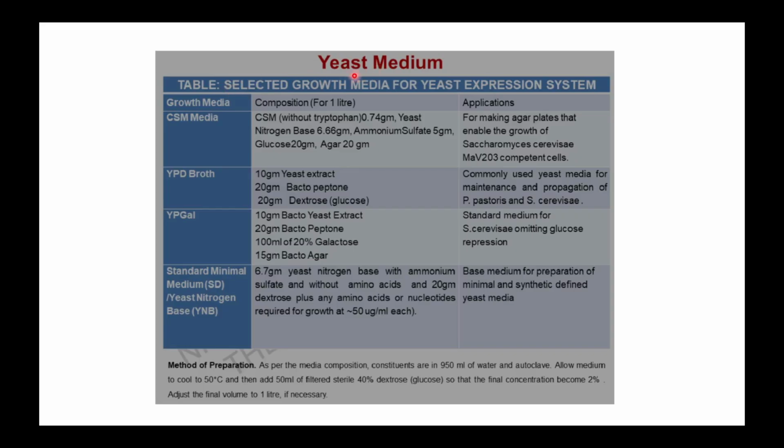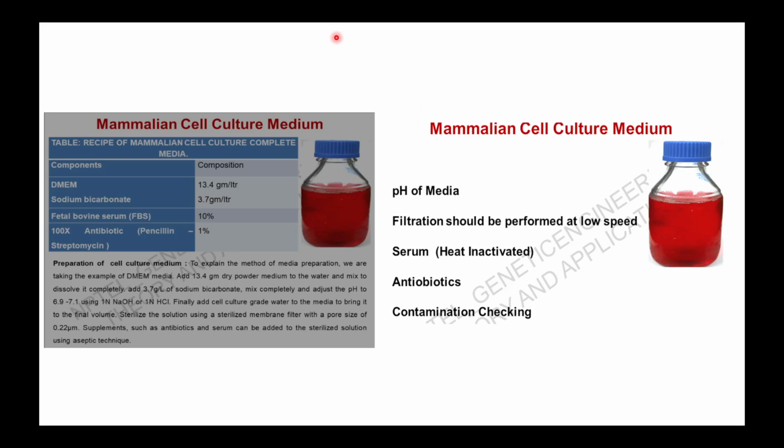Next, there's yeast medium. So these two pictures have been taken from the lecture slides only. And this is again yeast medium: what media are used for growing yeast cells. And then this is mammalian cell culture medium. So in mammalian cell culture, what happens is,